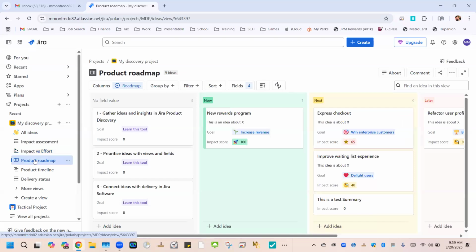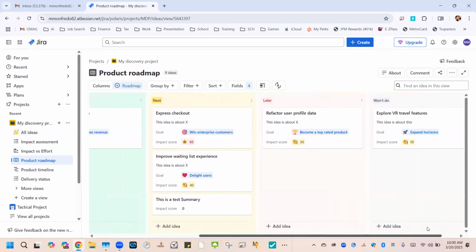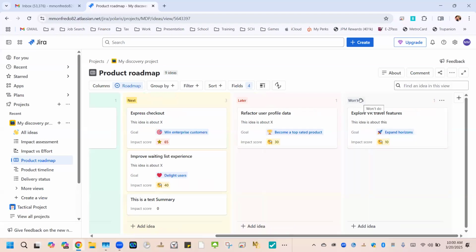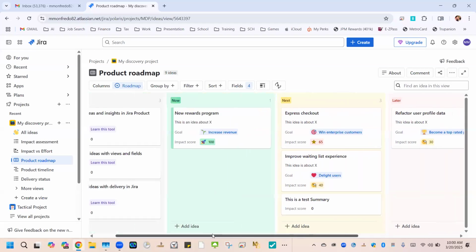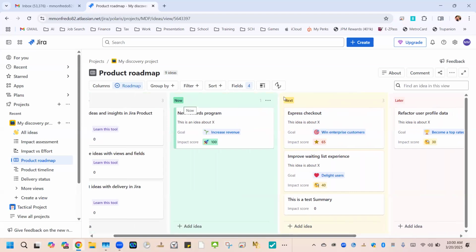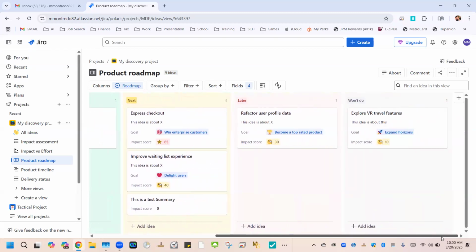Right below, the product roadmap. Guys, I love this. I absolutely love this. Once again, like we're reviewing in that all ideas view, you have your now, you have your next, you have your later, and we would rename this. We would not call this won't do. We would say now, next, nice to have. And the reason why we say nice to have, once again, is these are all the things we're focused on for Q1. These are the things we're going to do for Q2 and beyond, maybe Q3, and